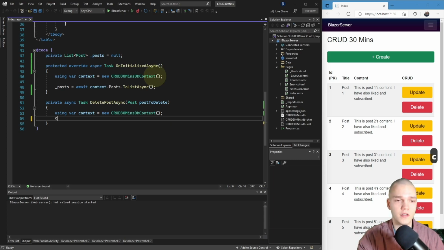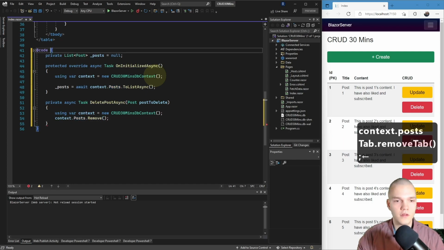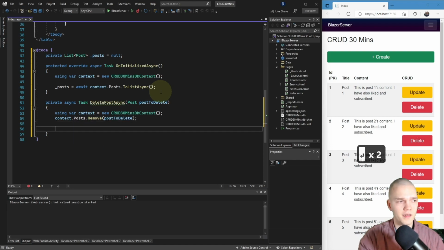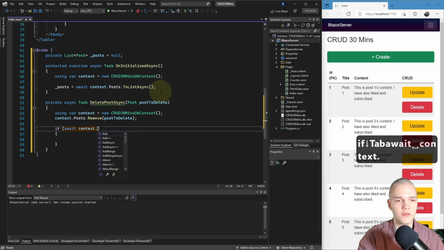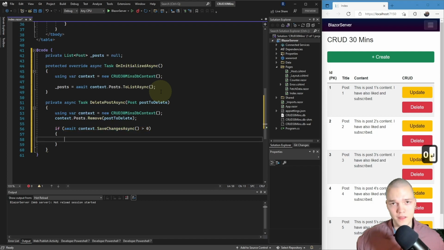So then I'm gonna do context.Posts.Remove, and I want to remove the postToDelete. And then I'm gonna do if await context.SaveChangesAsync, and if the result of that is more than 0, the changes have been successfully persisted to the database.